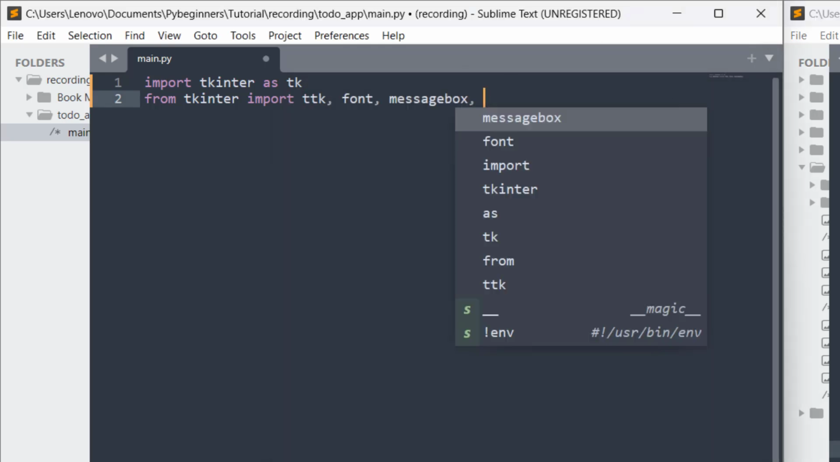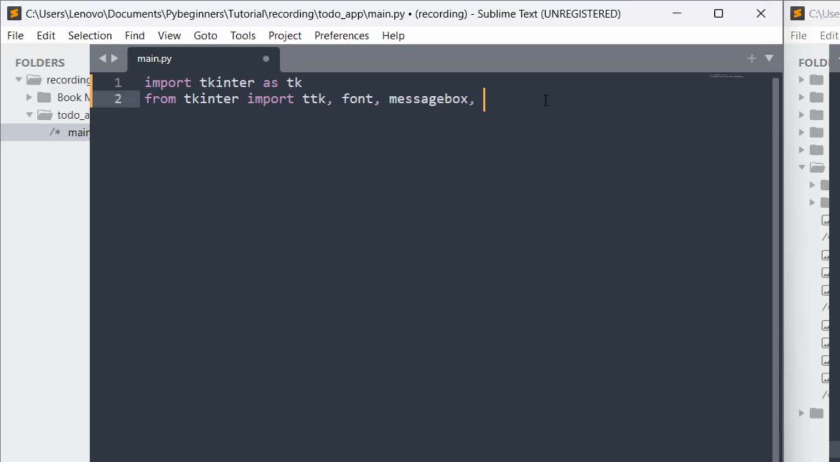So after that, we also need photo image, so that we can show some icons. Let's say photo image. This I is capital I, don't forget that, capital I. So after that,